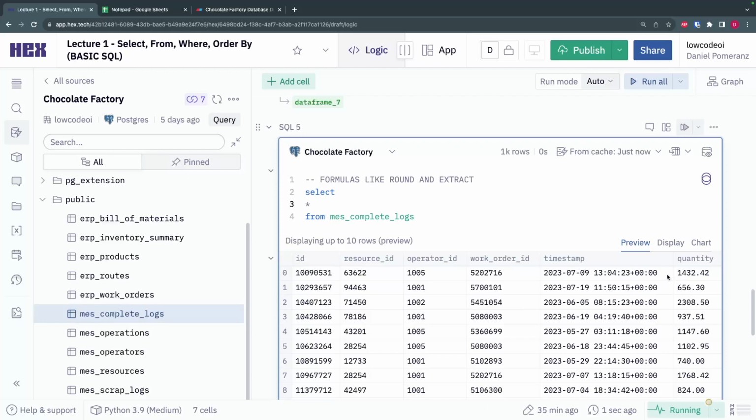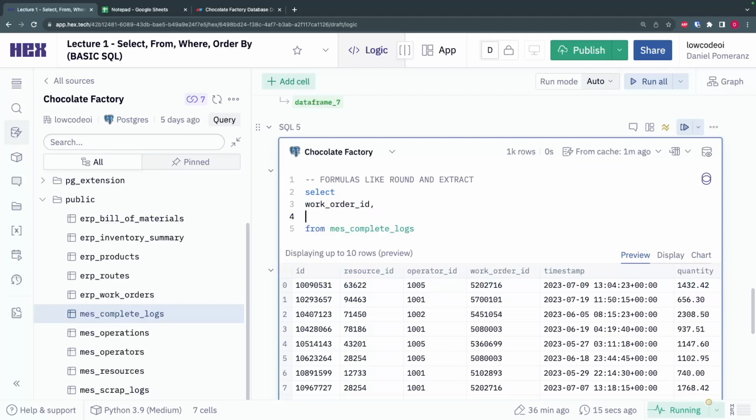Okay, so we'll get into this a bit more, but think of this as a job being finished. And each of these rows has a timestamp and a quantity. So what we can do, if we want to look at this data in a more specific way, we might want to do work order ID, timestamp,